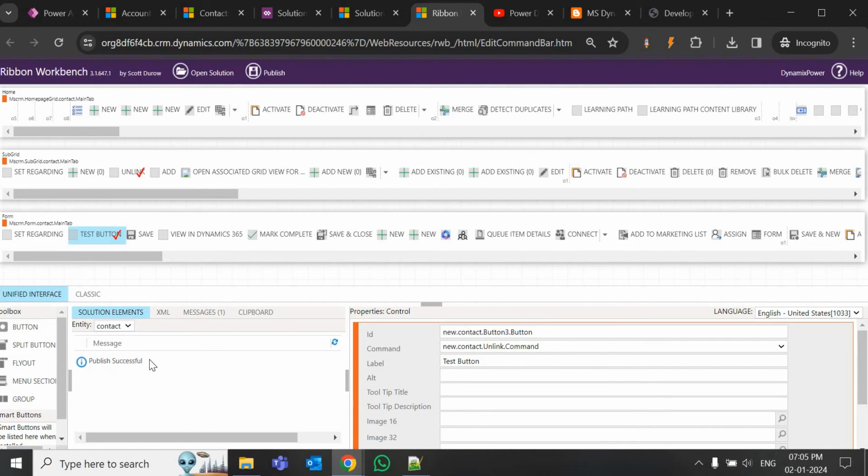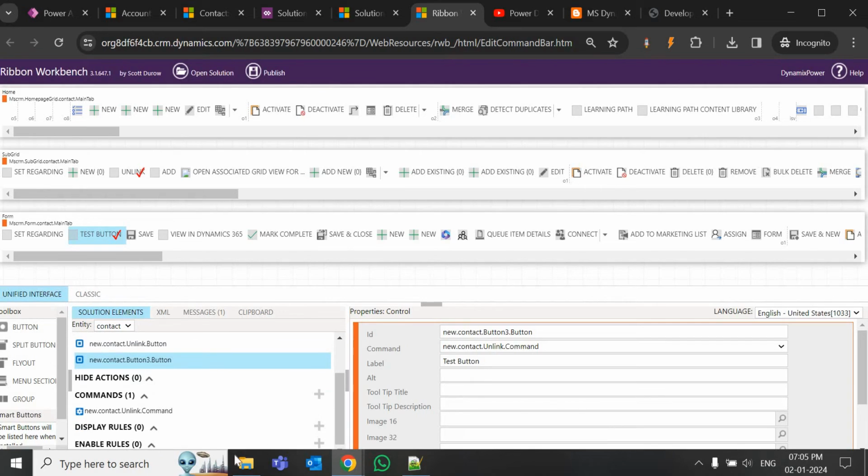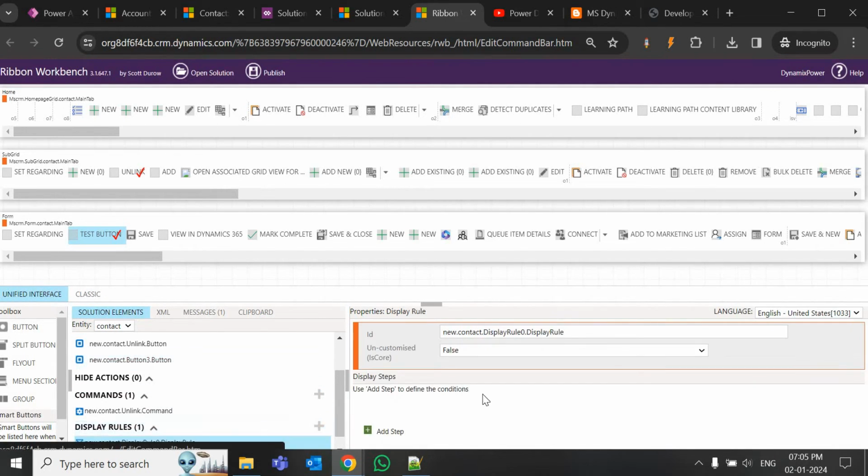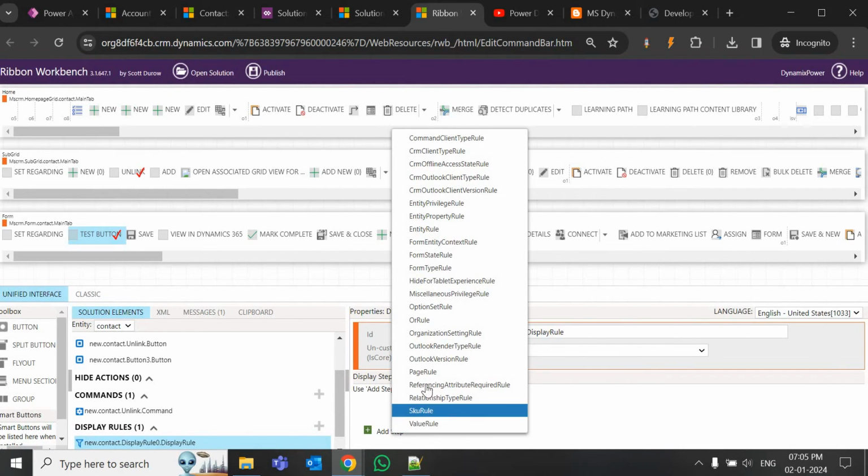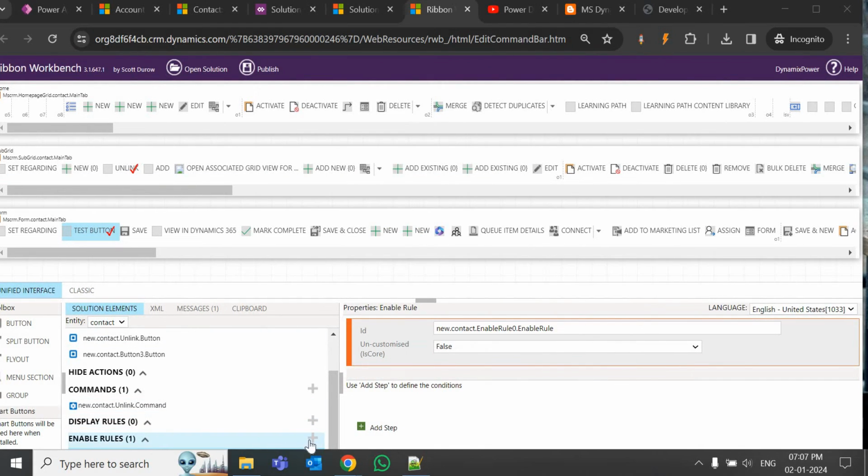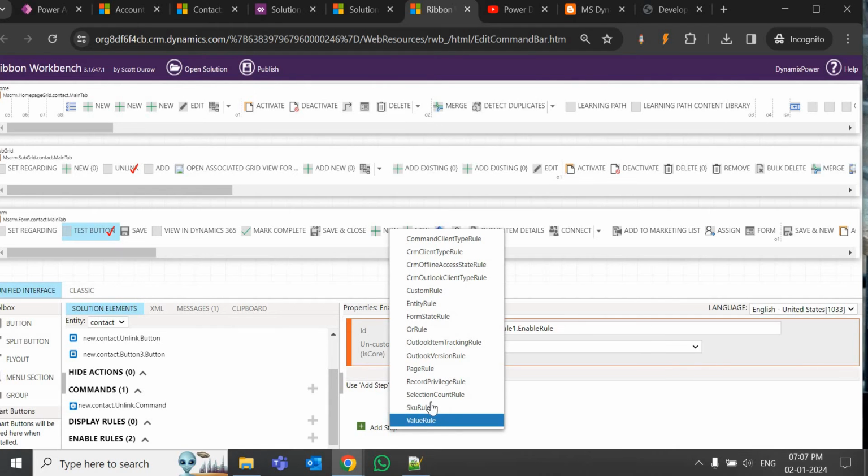in the ribbon workbench, go to your, here we have enable rules, click on yes. Okay, and the enable rule I'm just going to give, sorry, not this one, it should be a display rule. Okay, in the display rule, click on add step, and somewhere in the selection it should be a value rule. Well, not in the display rule, it should be in the enable rule. If you come here, let's give the name, okay, let it be enable rule itself, add step, and selection